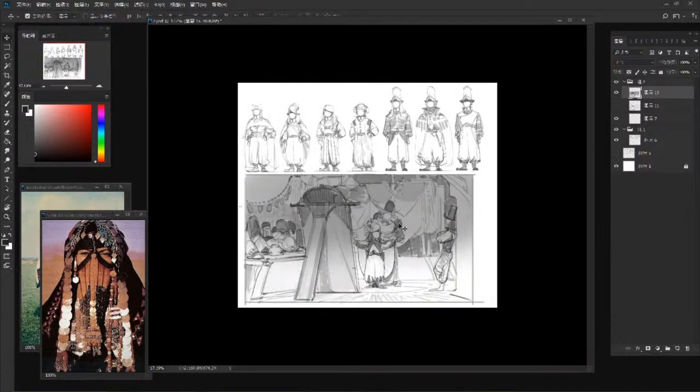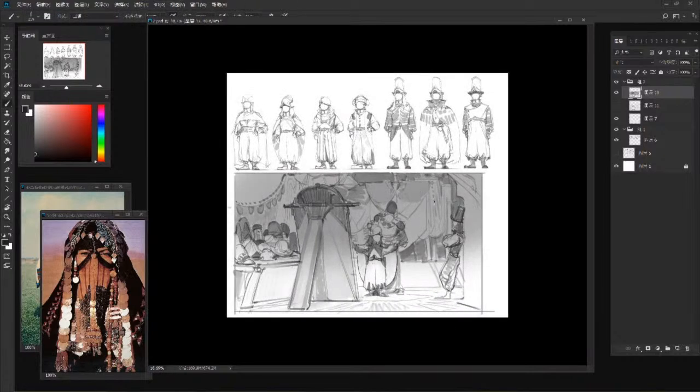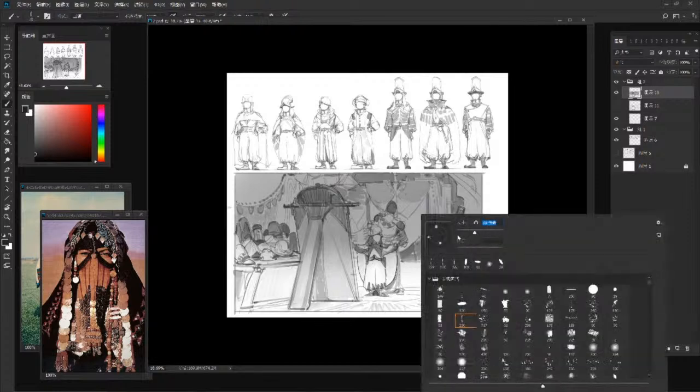And if there's something like a road that points towards the main thing in the scene, you draw that as a line.